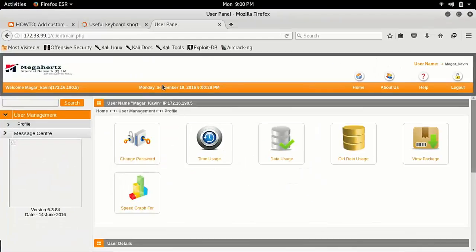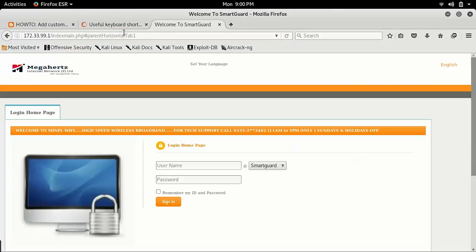Now I will again open it. Let me check whether I will be able to open it or not. After changing the static IP, I will try to access this account. Let me type his login credentials. Now I will type his password.